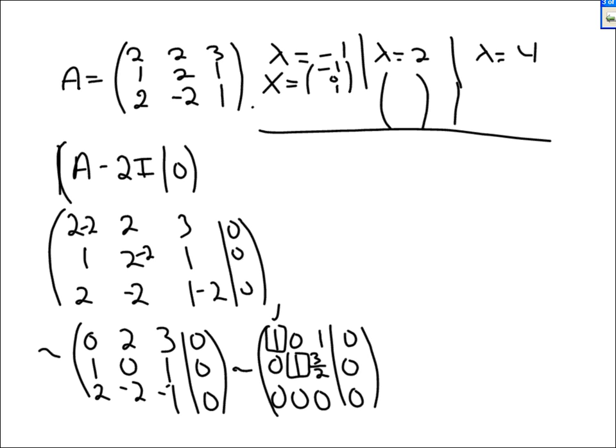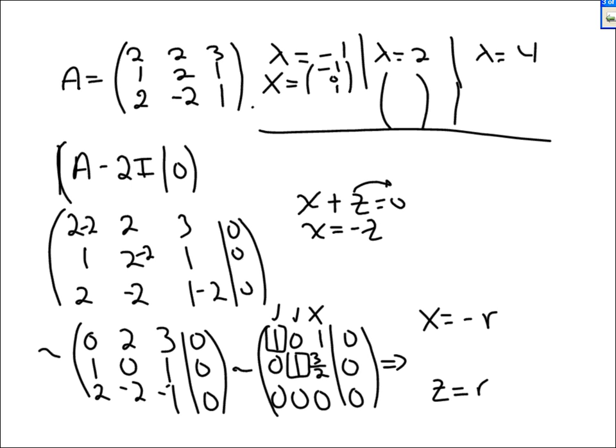So column 1 has a leading 1 in it for some row, column 2 does, column 3 does not. Call the variables x, y, and z. So this means that z is r. Let's start with the first row. 1x plus 1z, which is x plus z, equals 0. So x is equal to negative z,